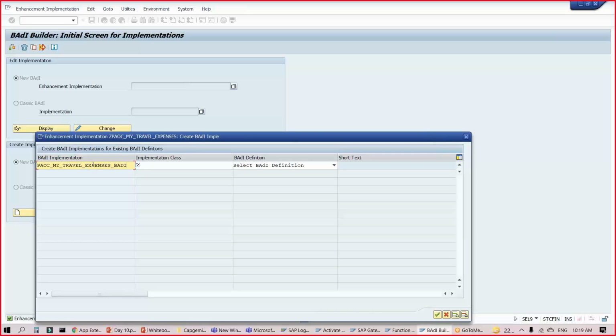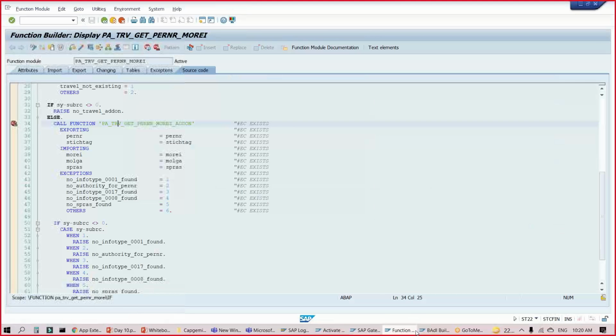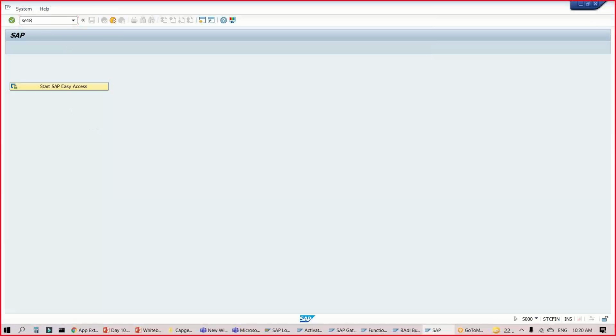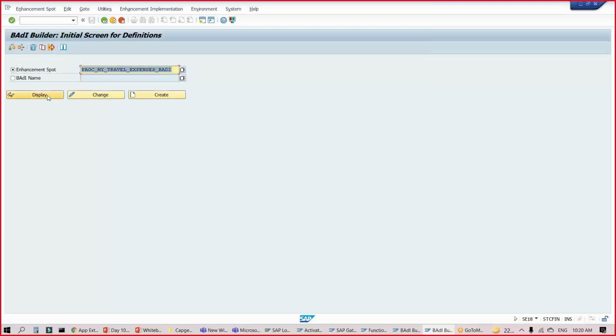Let me give the name with underscore IMP. This is the good naming convention which we typically follow. IMP means implementation. Then I will give the implementing class. For the implementing class name, you can also go back to the BAdI and give a similar class name to what is given there. So let me go back to SE18 and show you the BAdI.